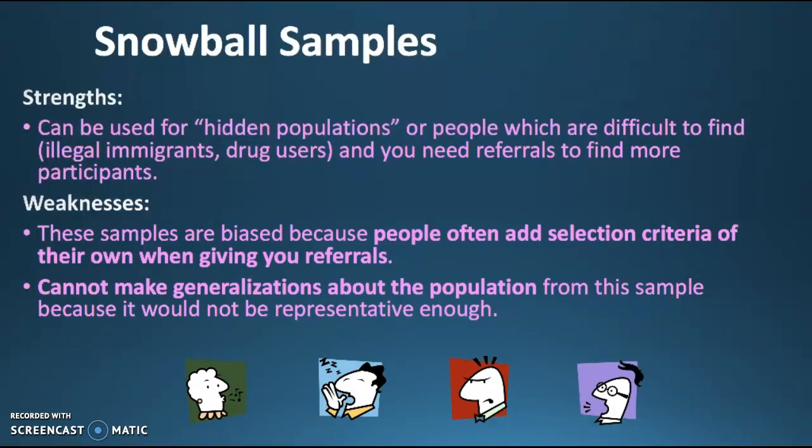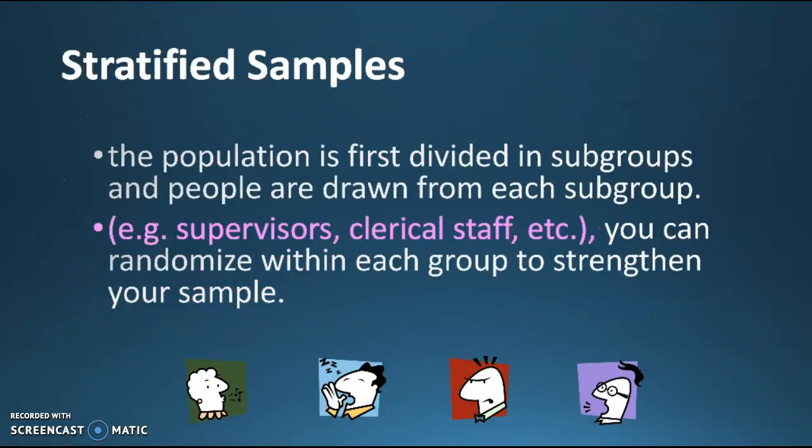Okay, rounding out samples, we're almost done. Stratified samples. The population is first divided into subgroups, and people are drawn from each subgroup. So maybe you have a group of supervisors and clerical staff, patrol officers, lieutenants, and whatnot. You can actually randomize within the group to strengthen your sample. So maybe you randomize all the patrol, you randomize all the lieutenants, all the captains, and that's called a stratified